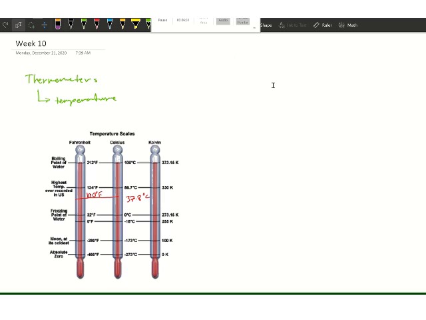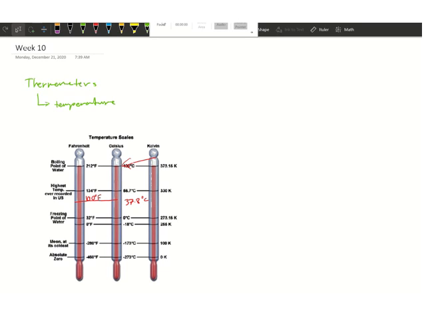Then how can we convert from one to another? If you look here, if we compare the 0 here and then the 0 here with the